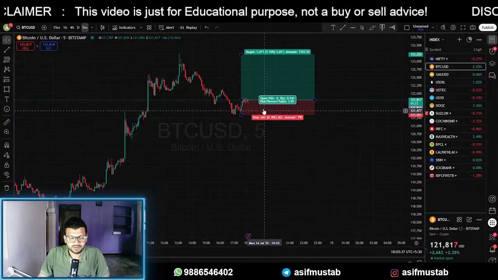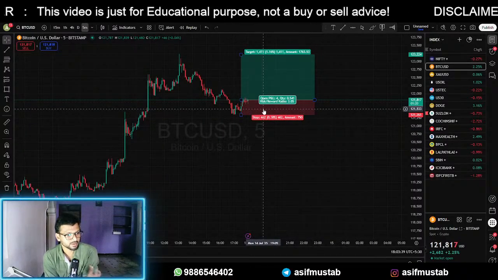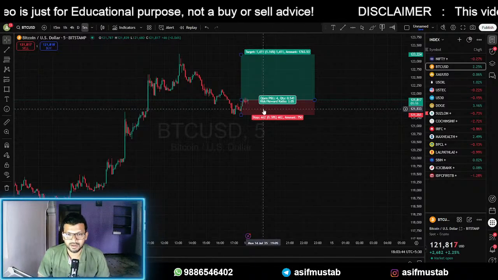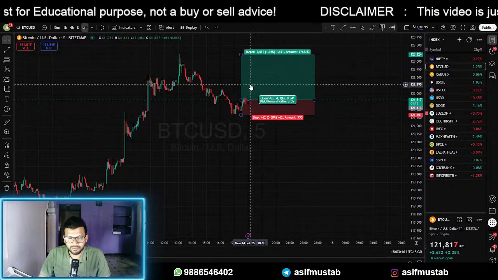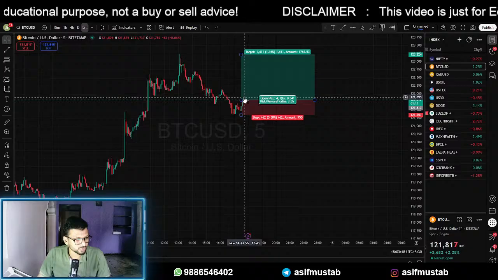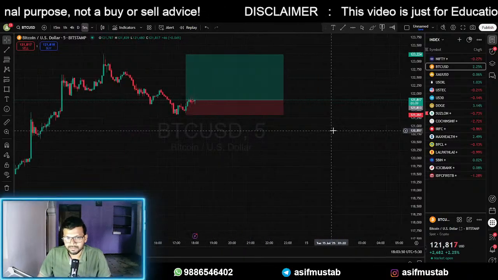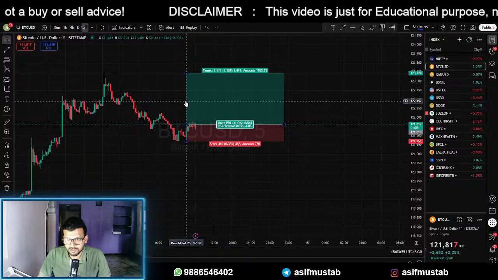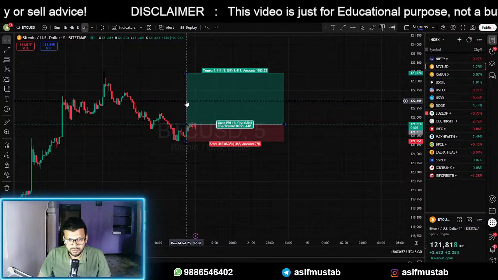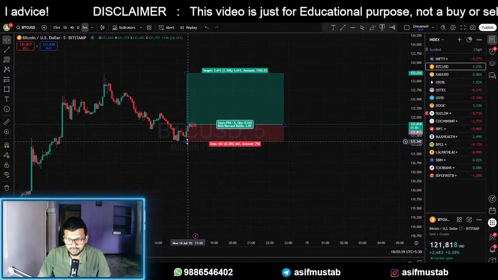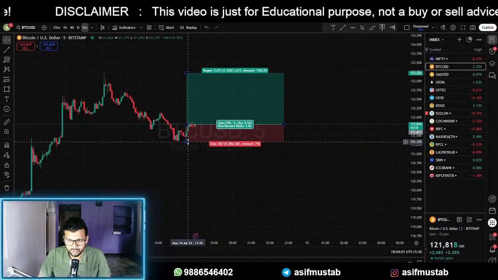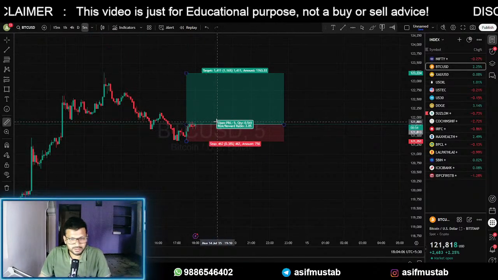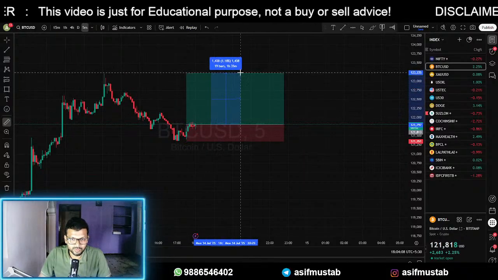In BTC, the market is at our buying price only. Let the market move a little upside. If it moves at least half of our target, we can trail our SL to cost. Let this come to 122,459. So we will trail our SL from 121,324 to 121,818. Whenever half of the target is achieved, you have to trail your SL to cost.